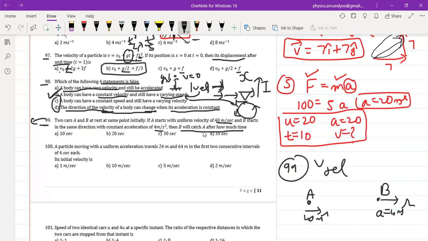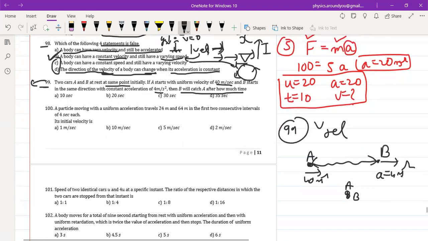But there is a problem. Both cars are at rest at the same point initially. So A and B are not separated by any distance. A and B are at the same position. When will A catch B? Okay, so A can catch B when